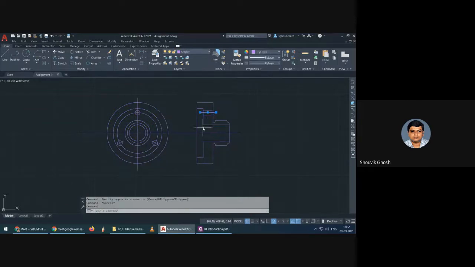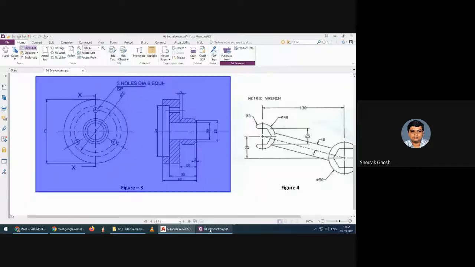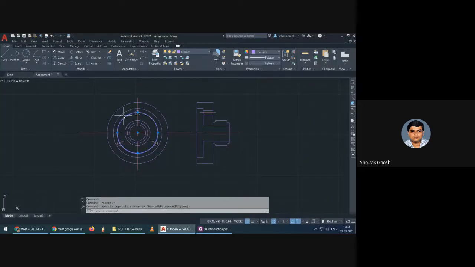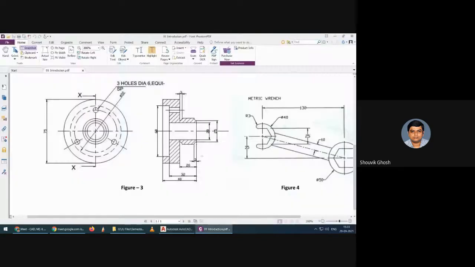Then select the center lines individually, move them to the center line. Okay. So now the hidden lines are only two circles that are hidden. So this one and this one, moving to the hidden. So now coming to the hatching. This particular feature that you can see in this figure of this 45-degree line is called hatching.